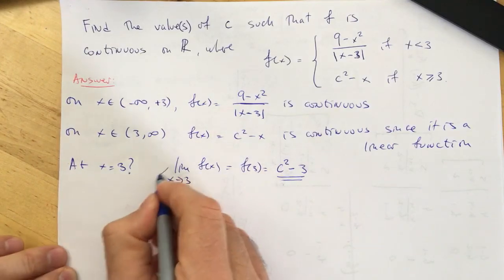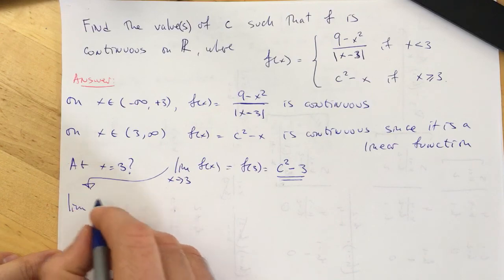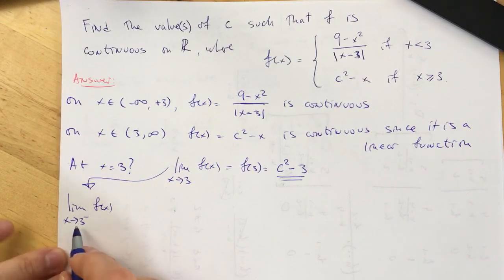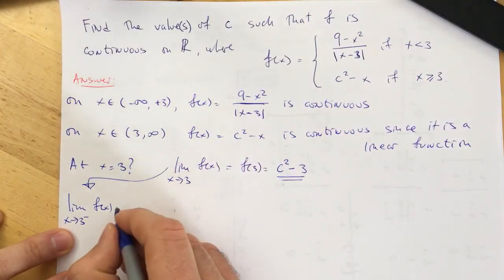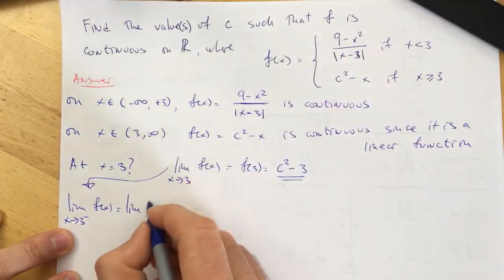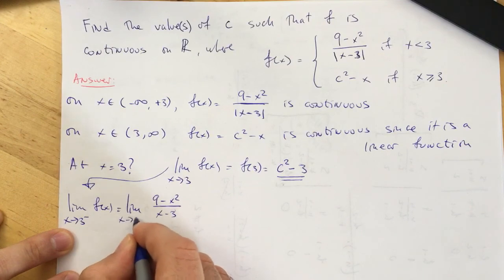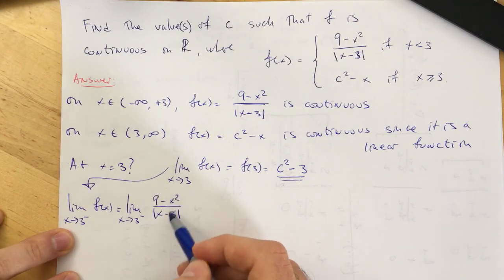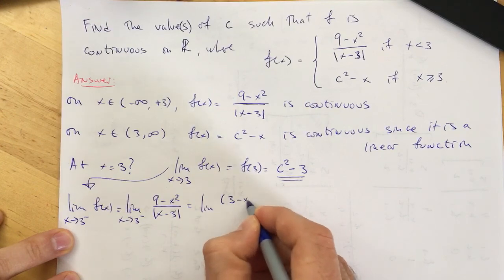Okay. On the other hand, this limit will exist when both one-sided limits as x approaches 3 are the same. So when I'm approaching 3 from the left, x is less than 3, so f of x takes on this definition, (9 minus x squared) over the absolute value of x minus 3, as x approaches 3 from the left. Use direct substitution right away, and I get 0 over 0, right? How are we going to solve that limit? Well, the numerator can be factored,